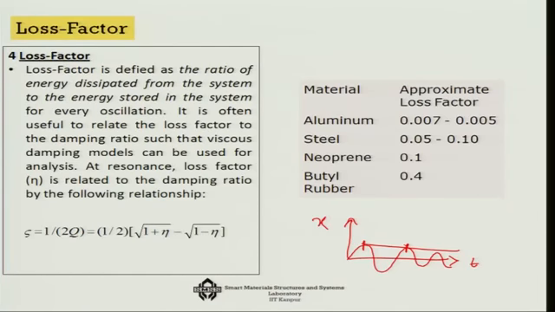That gives you the loss factor eta, which is a material property, and this eta is related to both the quality factor and the zeta by this particular relationship. Even though zeta and quality factor Q are not directly material properties, eta is a material